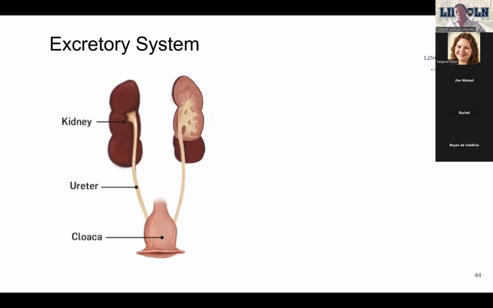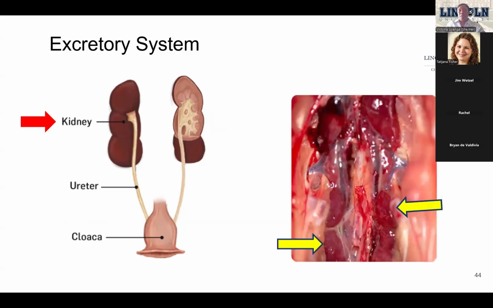For the excretory system, there are three key areas of interest: the kidney, the ureter, and the cloaca. The kidney helps with removing the waste products. The ureter helps to transport that from the kidneys, and then the cloaca allows for the excretion, or the exit, from the body. Now, with poultry, it's important to note